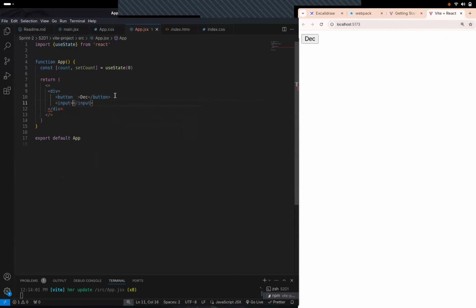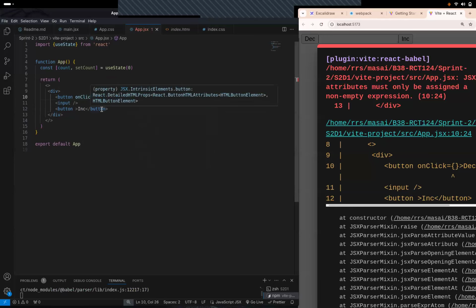We'll have an input tag over here. It's going to be self-closing, of course. And then we'll have a button over here, which will be increment. Right? So you have a decrement, you have an increment, and you have an input which will accept stuff. Now for buttons, guys, everything that we have learned so far is going to be exactly the same. The only thing that is going to be different is which setup we are working in. Right? So how do we call events? It's still JSX, it's still gonna be the same. onClick. Right?